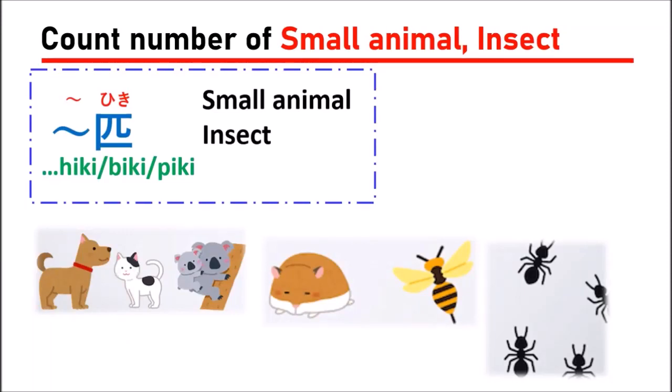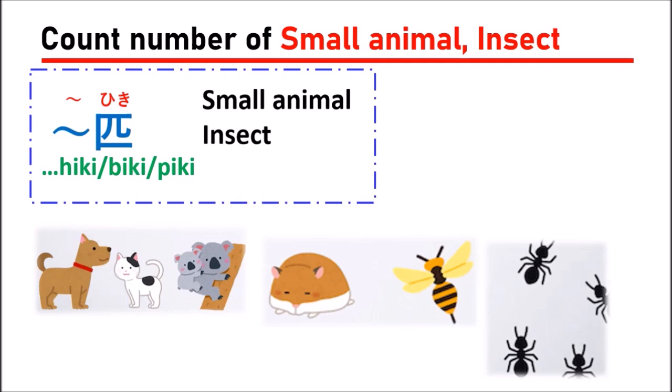Learn to count the number of small animals and insects. In Japanese, they use the unit hiki to count small animals and insects. As you see in the picture, we have a small dog, cat, mouse, butterfly, and ant. For small animals like this, in Japanese they use the unit hiki to count, but the word hiki